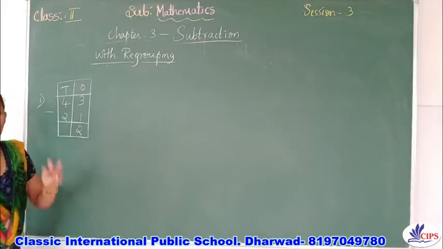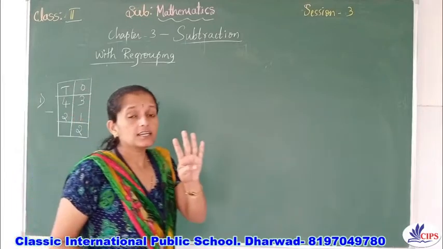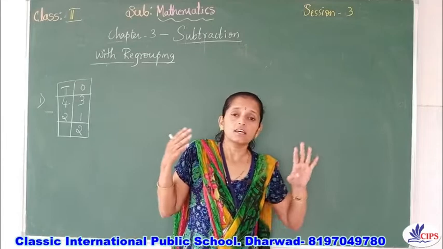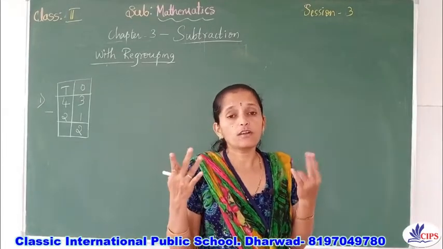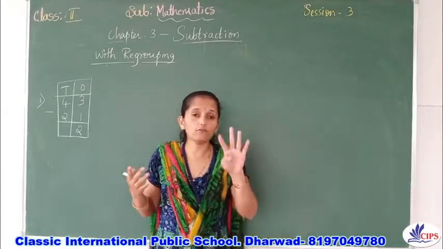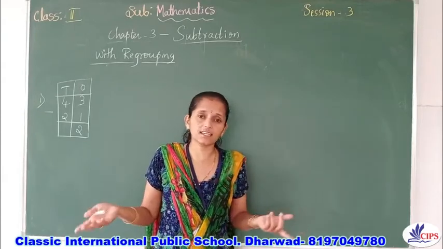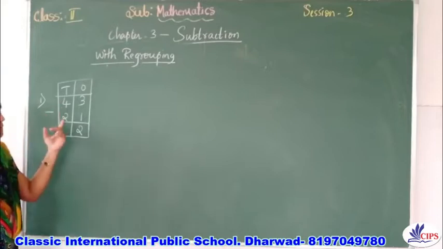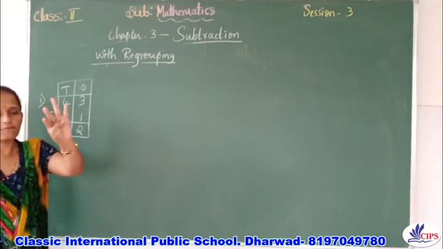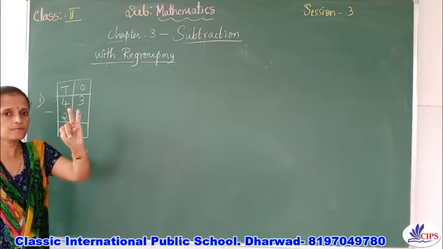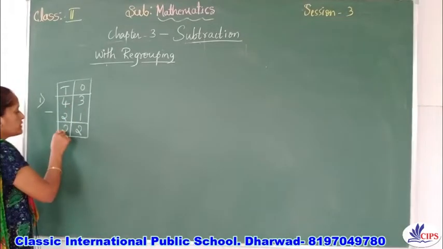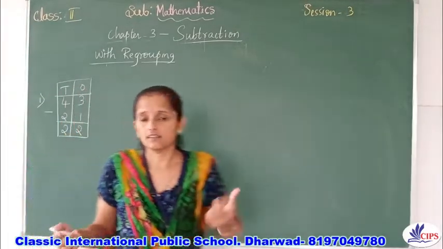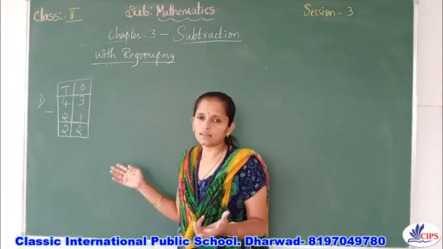4 minus 2. Hold 4 of your fingers. I've already told you, always before starting subtraction, first learn how to hold the fingers: how to hold 4, how to hold 5, 6, 7, like that up to 10, because many of you do it wrong. So 4 minus 2, 4 fingers, I am folding 2 fingers. How many remained? Yes, it is 2. This was a very simple subtraction wherein we didn't do any borrowing.